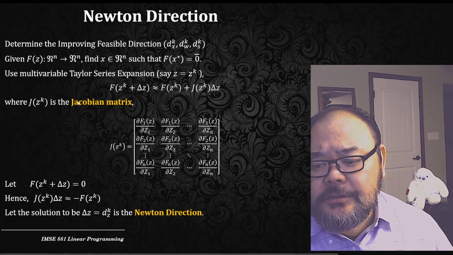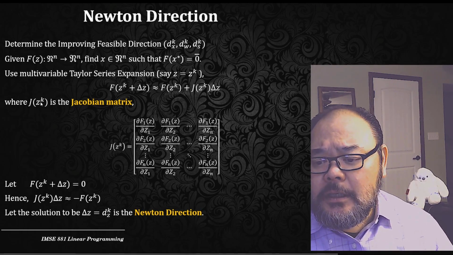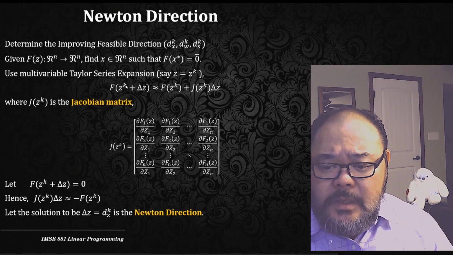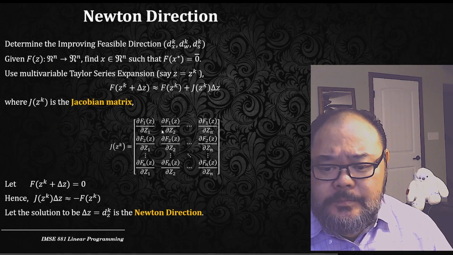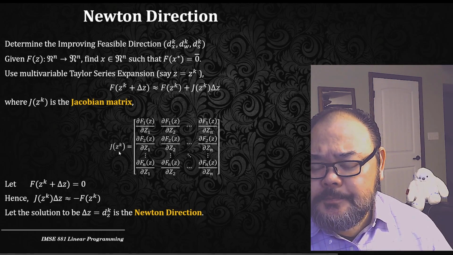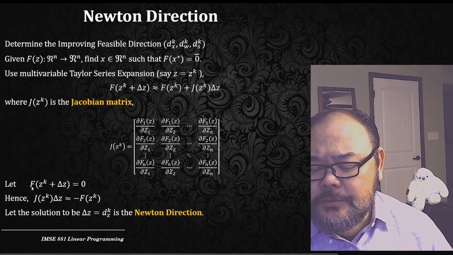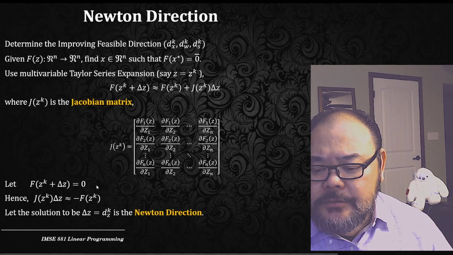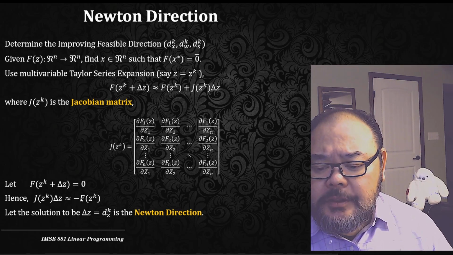And J is actually the Jacobian matrix for f of z. It is the partial derivative for each one of the z functions. If we let f of z star equal to 0, which is equivalent to f of zk plus delta z equal to 0, then the Jacobian at zk times delta z is approximately equal to the negative